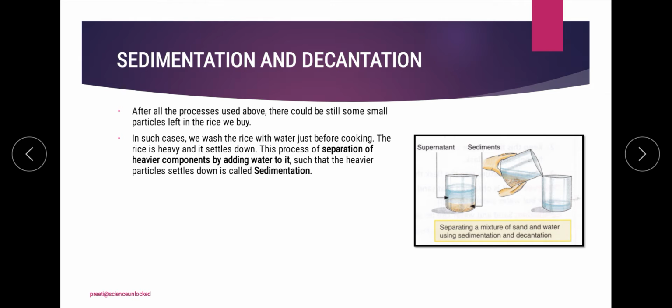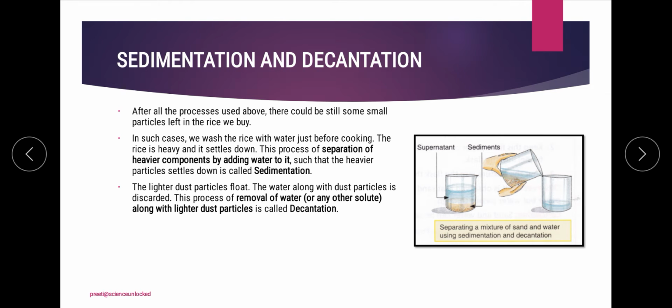So this process is called sedimentation. Now one process we have done, but we do not want to simply separate them within the common container. We want to separate them into separate containers. So for that we are going to take off the lighter component which is on the top, which is also considered the supernatant, and transfer it to a separate container.